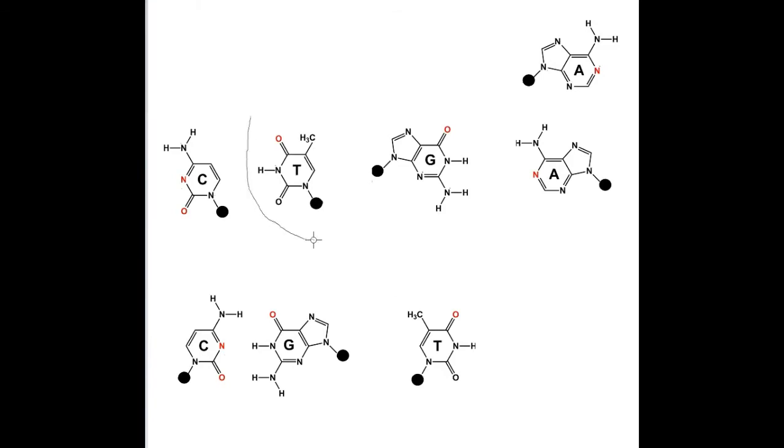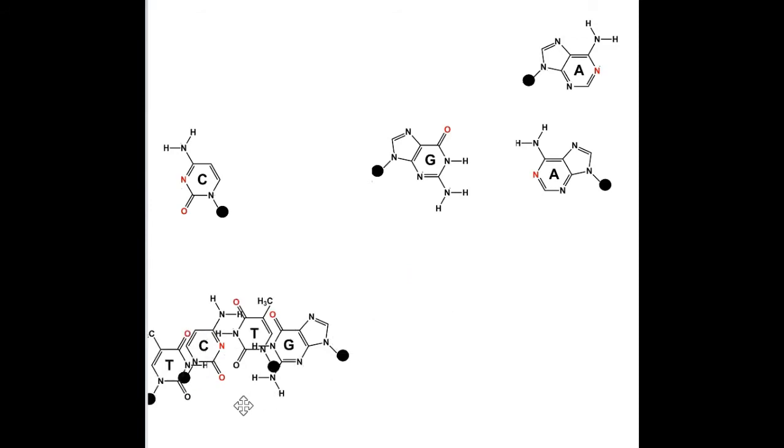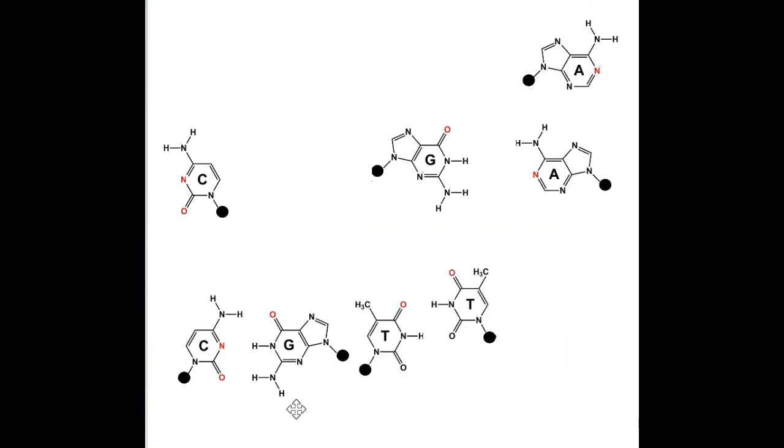So, for example, we could pair T with another T, and if we drag the T down to here, we can form a pair of hydrogen bonds like that between 2 T bases. But if we try and then superimpose that base pair on the GC one and see what happens, then you can see that it's not the same at all, because obviously the 2 bases are smaller. The 2 T's are both single ring bases, whereas G is a double ring base, and so that combination just has a greater overall width than the TT combination, and so they don't